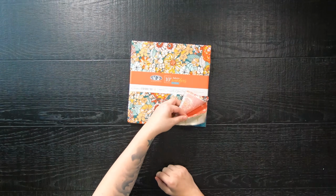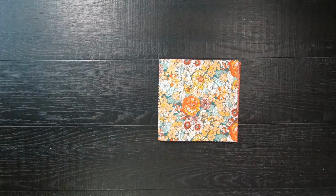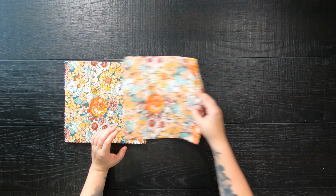Let's make my Cluster Gems quilt pattern within a day, and it only uses print layer cake. Now I am using the Season of Tribute, Listen to Your Heart by Sharon Harlan for our gallery fabrics in